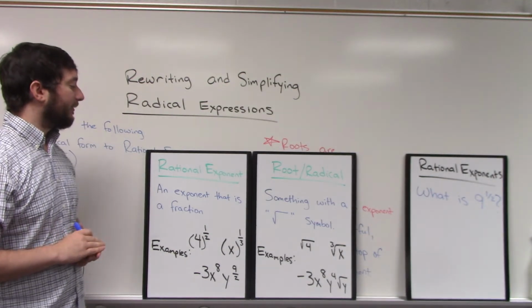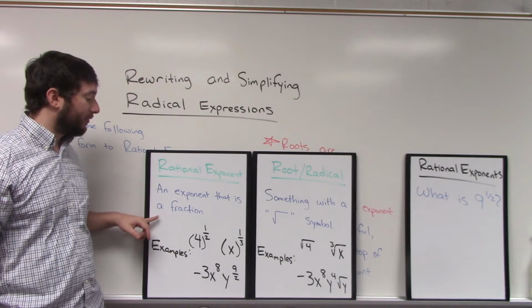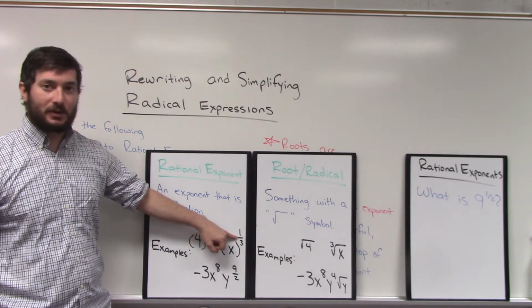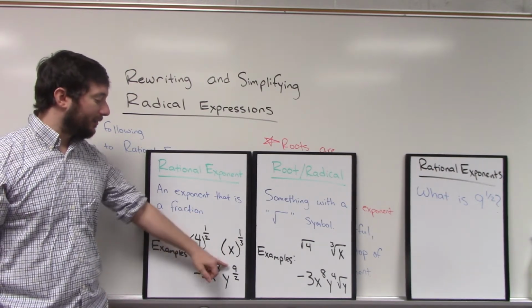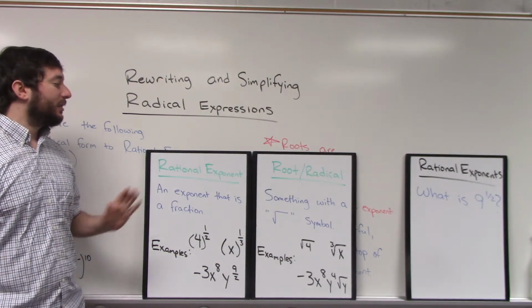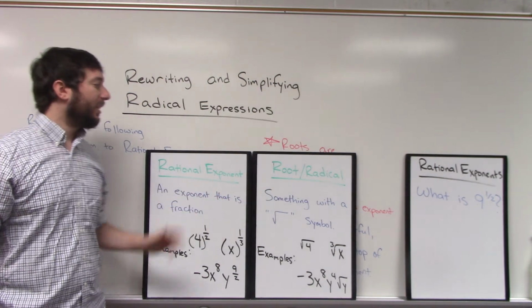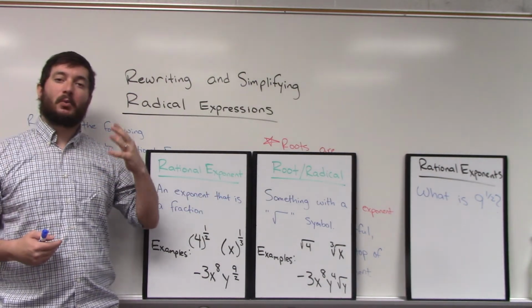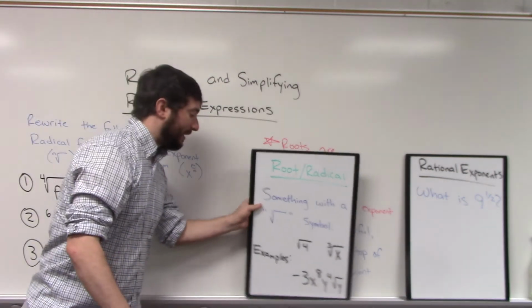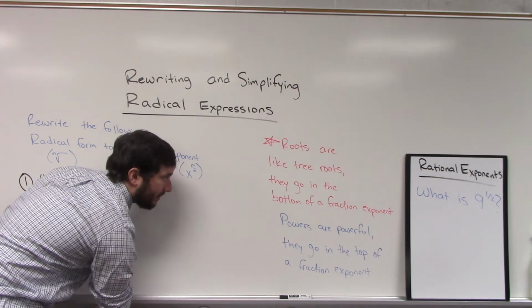And then the concept of a rational exponent. So that's an exponent that's a fraction. So something that might be a power of 1/2 or an exponent of 1/3, or maybe something like 9/2. Okay, you might not be used to seeing that. We're going to see the relationship between these two different things today, and how we can rewrite from one form to the other. So what might be the best place to start is to ask ourselves